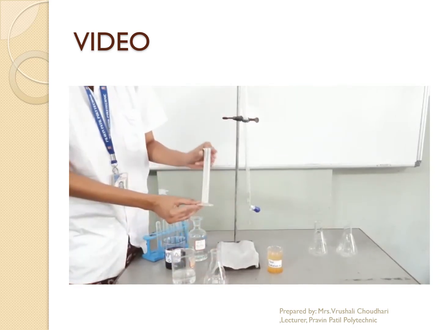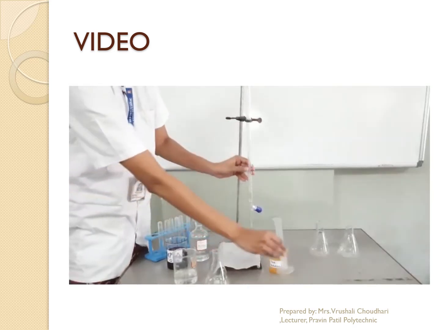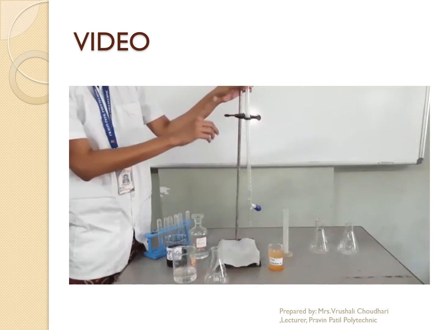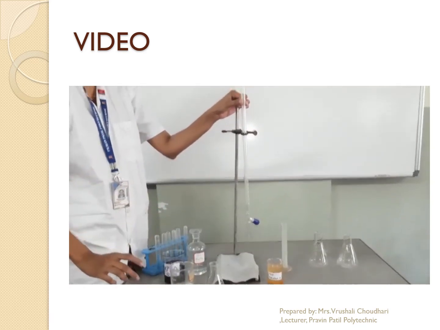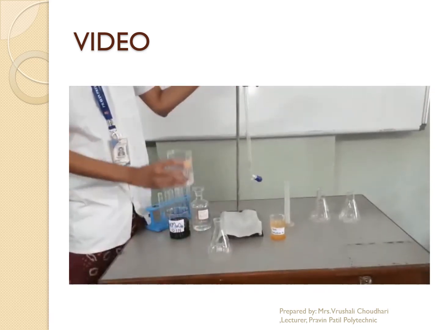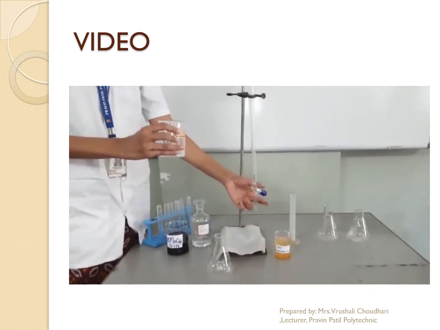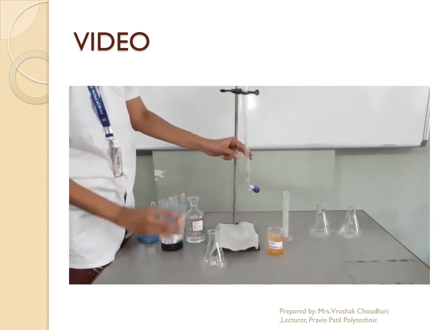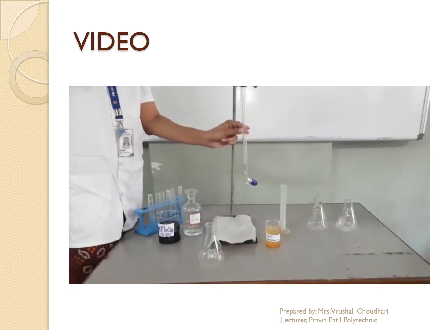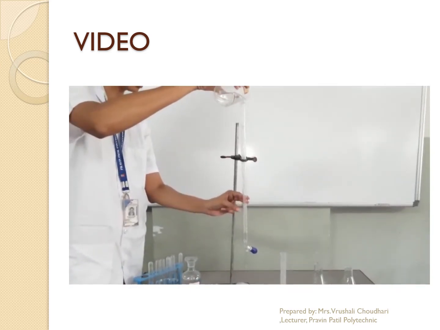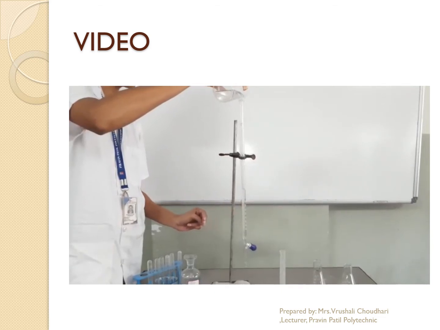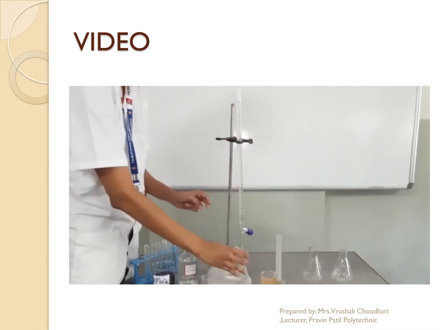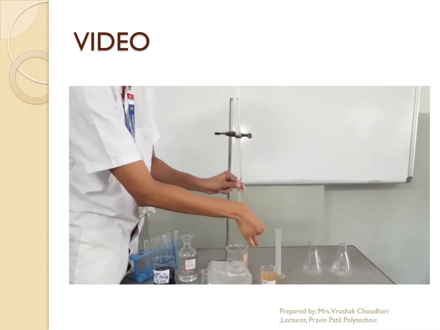This is called a measuring cylinder. And this glass rod, glass pipe, is called a burette. Okay. So today, first we are going to wash our burette. Before washing, check whether the knob is closed or not. Wash your burette with water. Rinse it properly, so whatever residue is left behind from the previous experiment, we are going to take out.